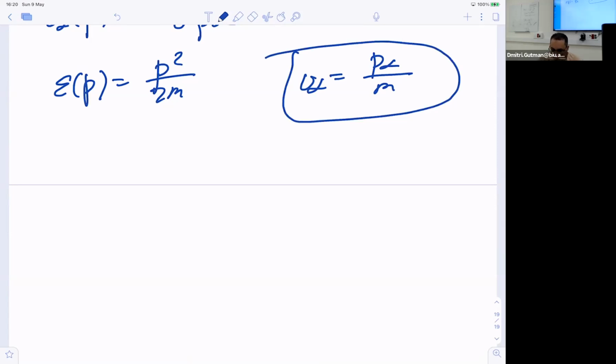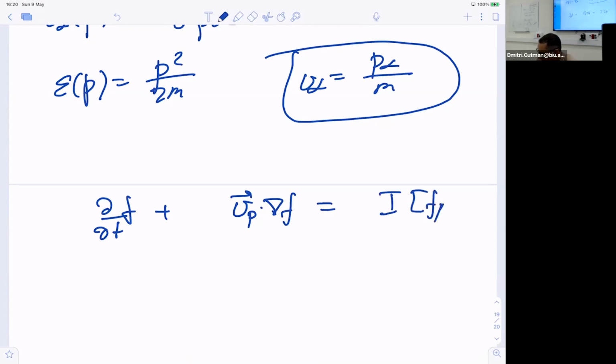I'm cheating a little bit, because what I'm saying can be done for a more general spectrum, but we'll talk about the parabolic spectrum because it's easier, and it's definitely a good starting point. So what happens when we multiply? We have the Boltzmann equation, d over dt f plus v_p grad f